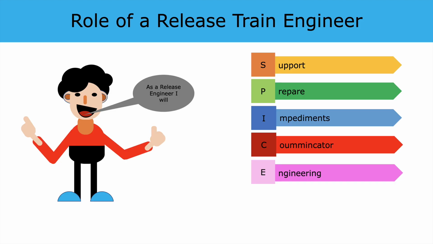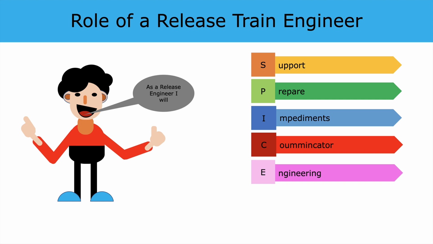Let's now look at what a great Release Train Engineer looks like. I've used the acronym SPICE to make it easier for you guys to remember. Support. The Release Train Engineer will continuously support, guide and mentor the Agile teams, helping them to grow as a team and delivering continuous value. Prepare. There's a lot of time and effort which goes into planning and coordinating the program events. To run a successful PI event, a lot of preparation needs to be done up front to ensure the event